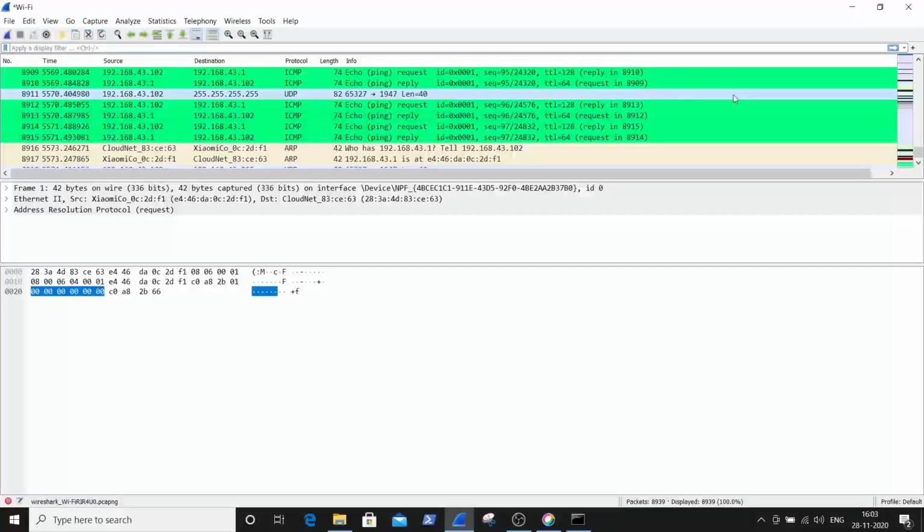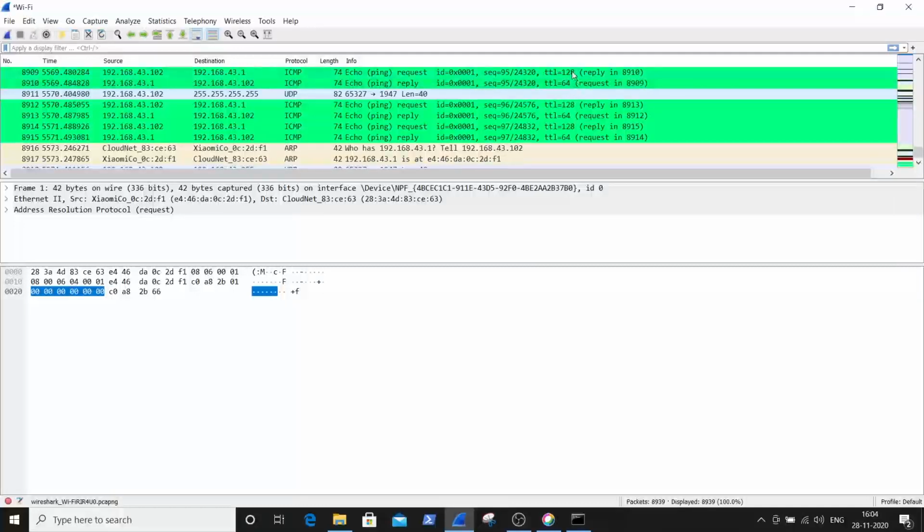You can see how the packets are captured, and what the ID, the sequence number and the TTL value are. Please make a note that a TTL value of 128 is by default for the Windows operating system and a TTL of 64 is for the Linux operating system.